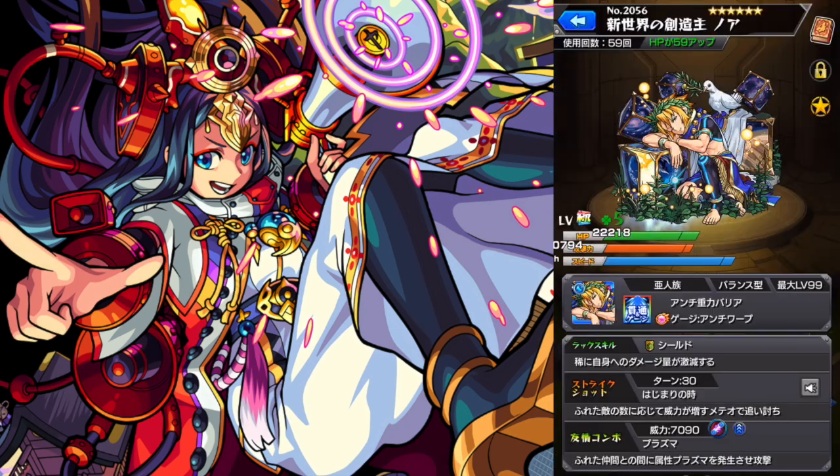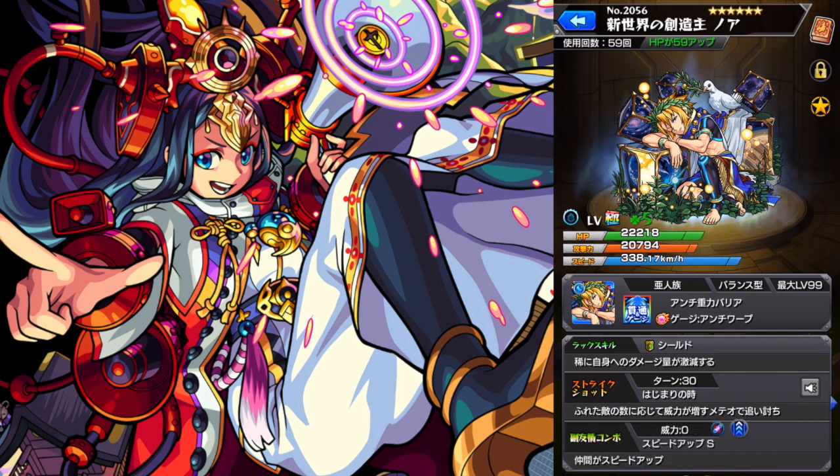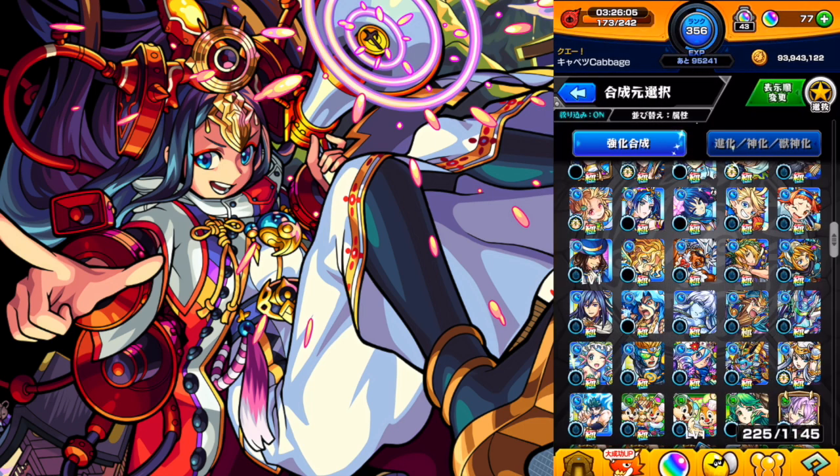Noah, they are saying that he's going to get a Transcendent form pretty soon. You know, they're slowly giving Transcendent forms to all of the older limited characters, and pretty soon it's going to be Noah's turn, so looking forward to him. I got 2 of him, so...